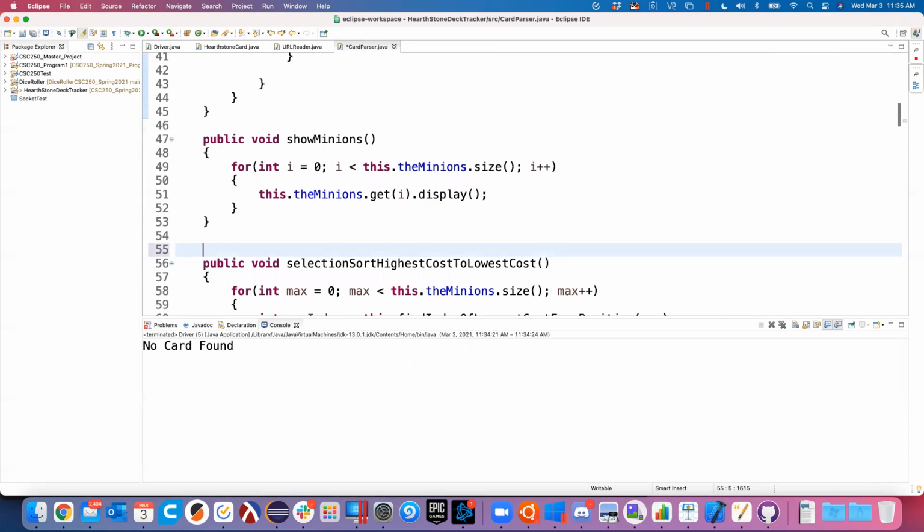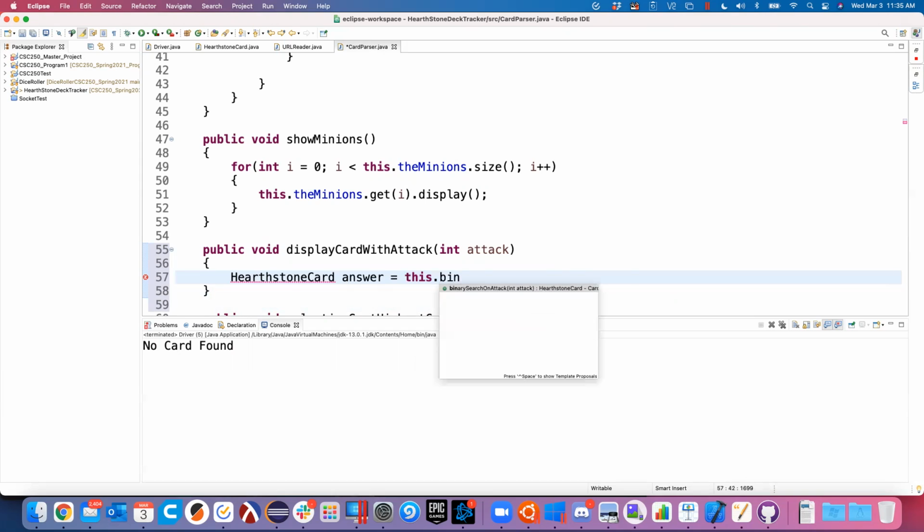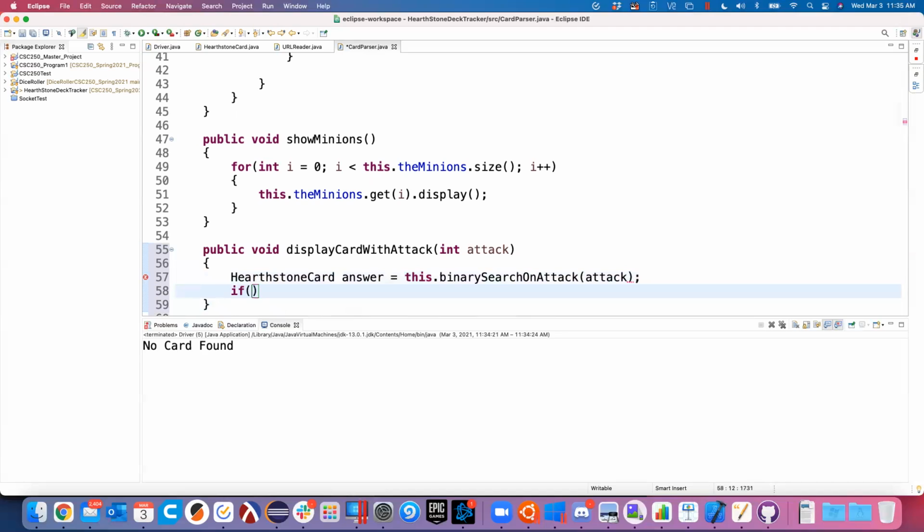And we're just going to write a function here called public void display card with attack. This guy will take in an int attack. And then what we're going to do is say Hearthstone card answer is equal to this dot binary search on attack, whatever the attack was. Then we can ask the question, if answer is not equal to null,